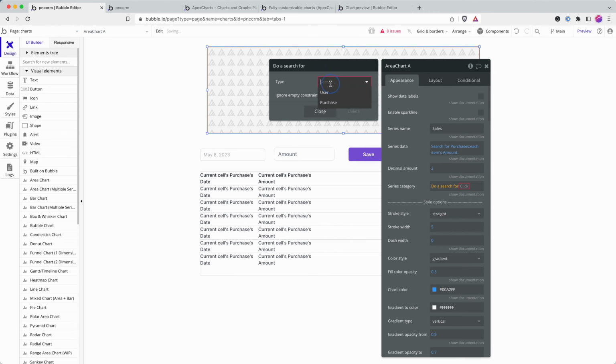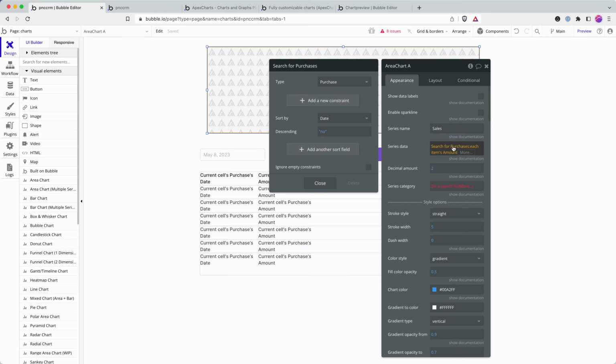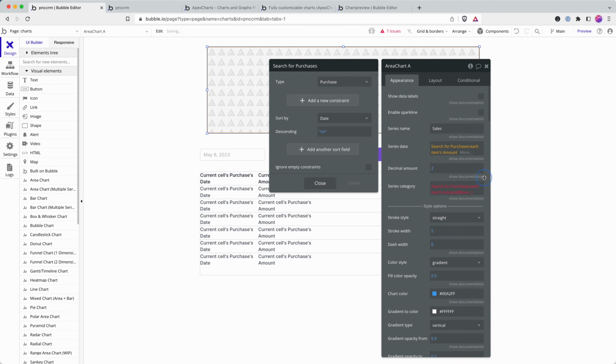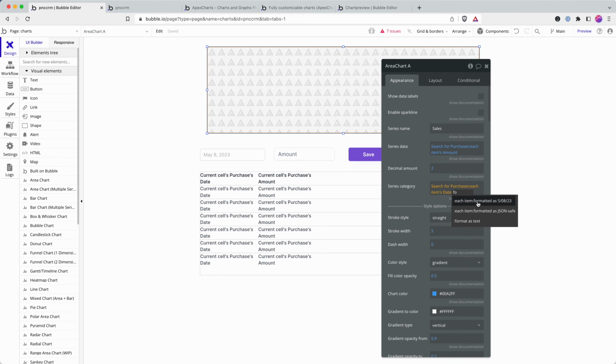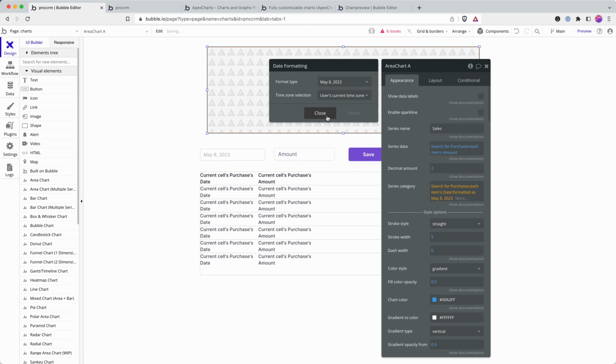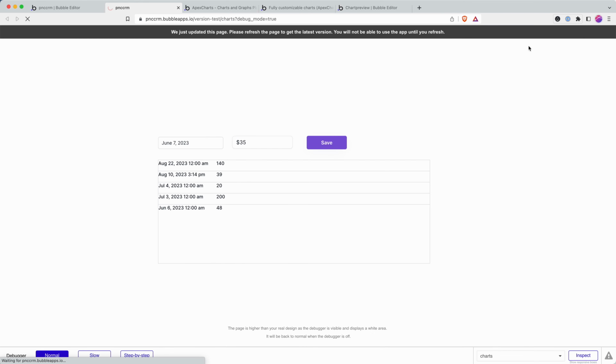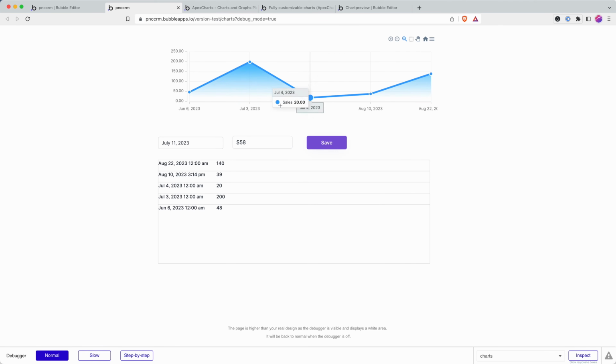So I do the same search. Now it's important that the search is basically identical, that the return data is going to be in the same order in order for it to correctly match up the points. And this time I'm going to show the date for each item and format my date like this. And let's just go ahead and look and see what that's done already. Okay, so you can see here that June 6th we have 48, that's being shown, and then July 3rd is